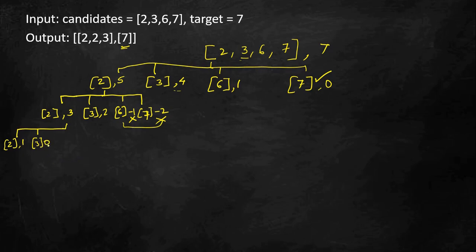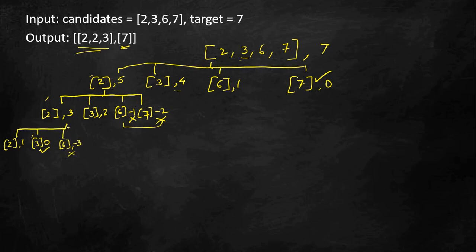Okay, so this can be a positive combination, so that is 2 2 3. That's what it's written here. So this is one of the possible combinations. And then if I use 6, it will be 3 minus 6, which is minus 3. If I use 6, then the remaining is minus 3, so I cannot go any further